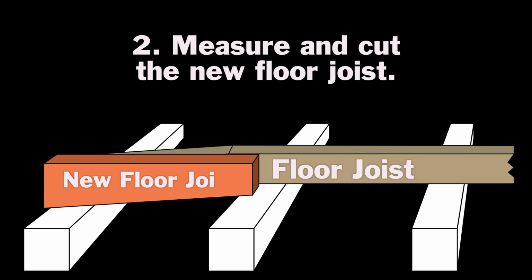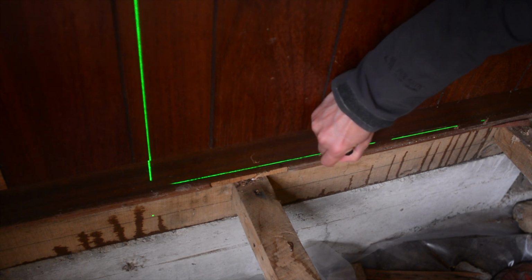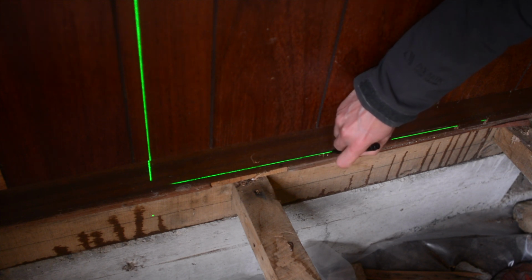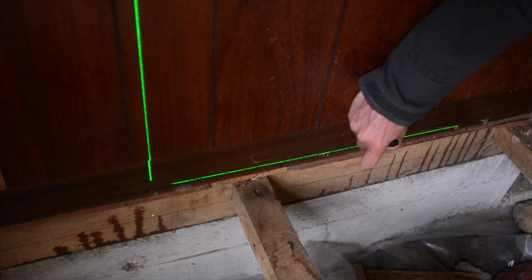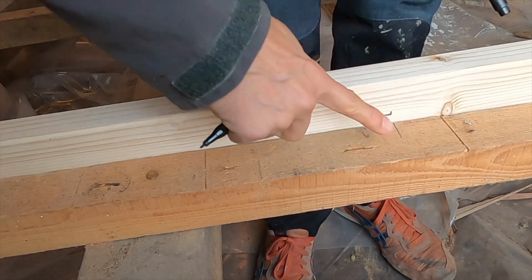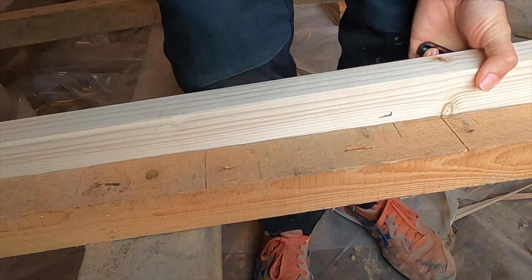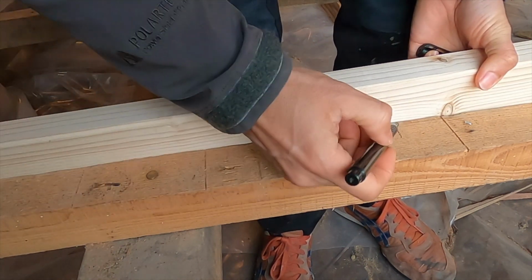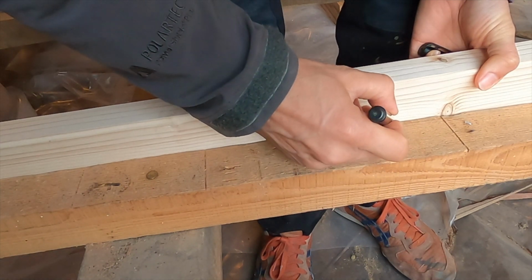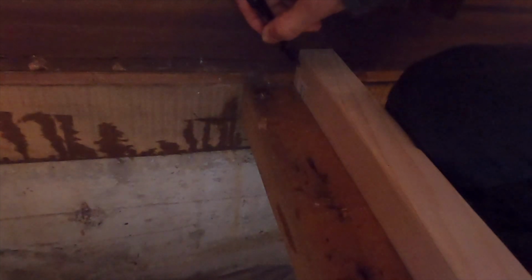Second, measure and cut the new floor joist. I marked the wall with a marker to help me see how far up I needed to raise the floor. I'm going to be using a basic 2x4 piece of wood. I'm placing it down on the floor beam and up against the old floor joists. I'll mark the area where it begins to bend down. I then mark the height of where the beam needs to sit at, using the line I marked on the